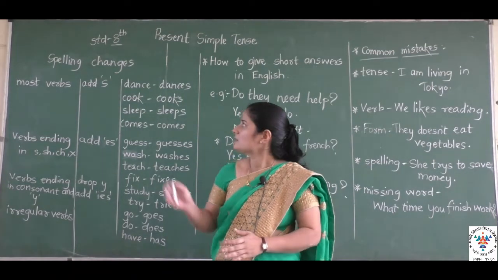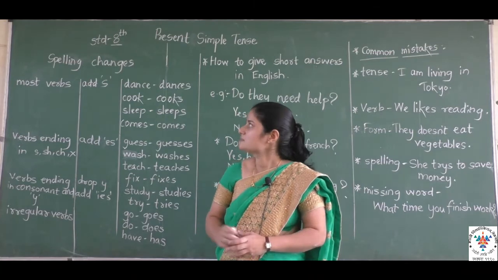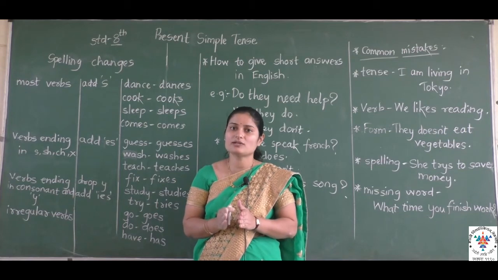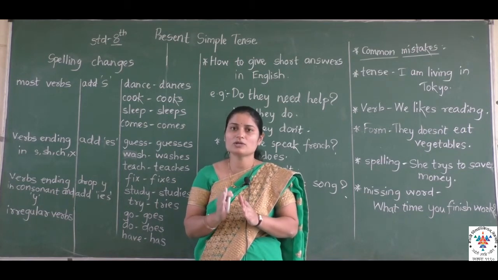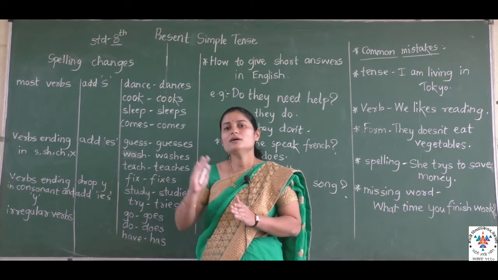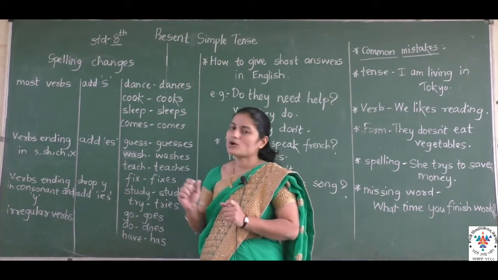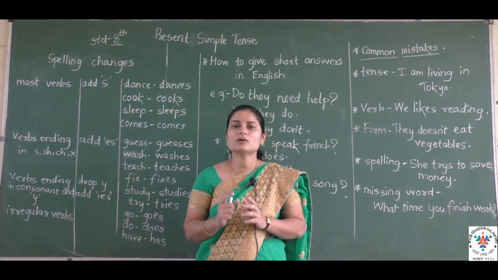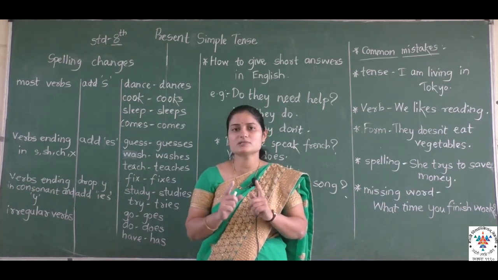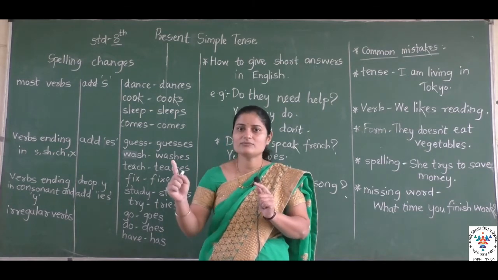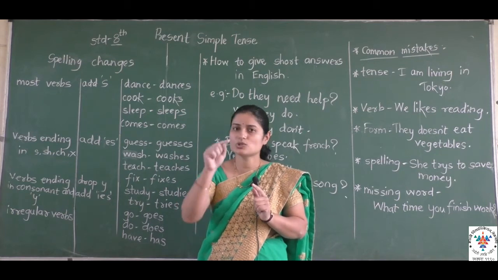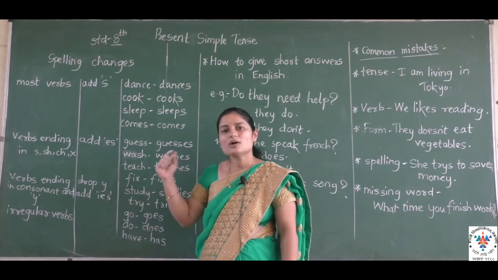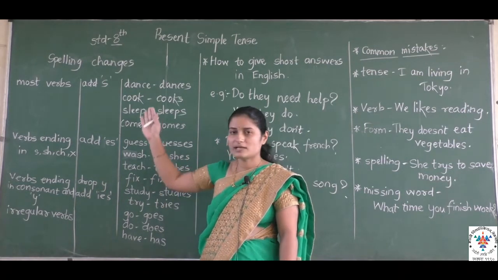The next part in the present simple tense is spelling changes. As I told you, you have to make certain changes when the subject, or the performer of the action, changes; the verb form also changes. So what spelling changes do you have to make? You add s to the verb when the performer of the action is third person singular: he, she, it. After that, whichever verb comes, you should add s to it in simple present tense. So when you are adding s to the verb, what spelling changes do you have to make? Let's take a look at it.